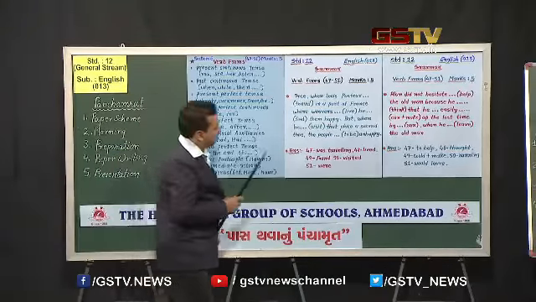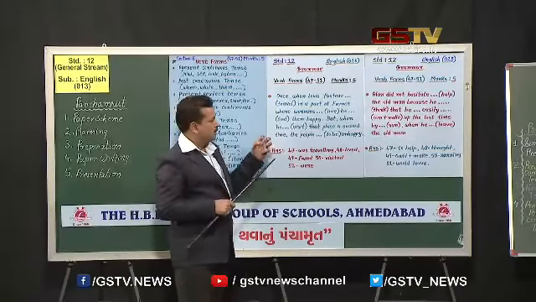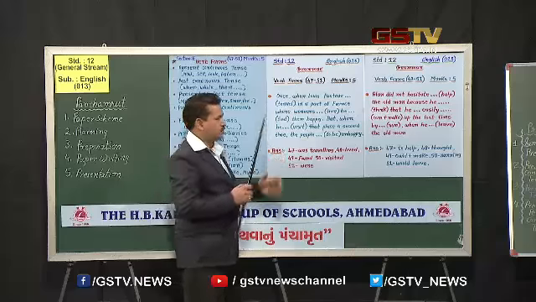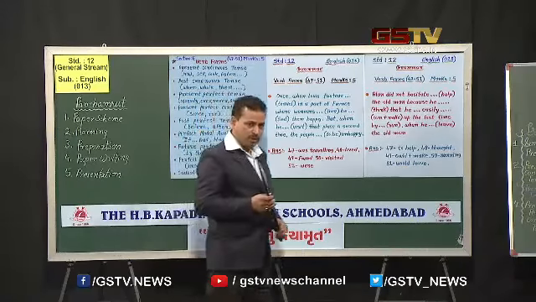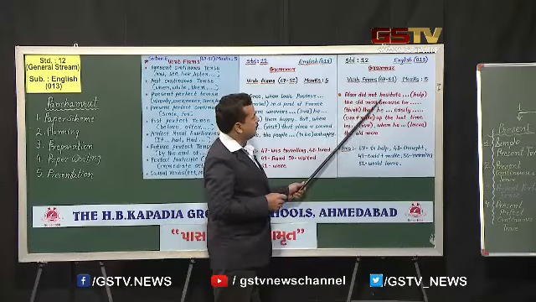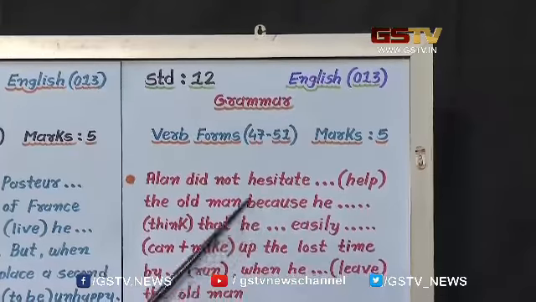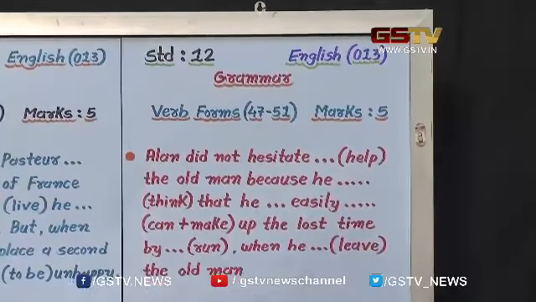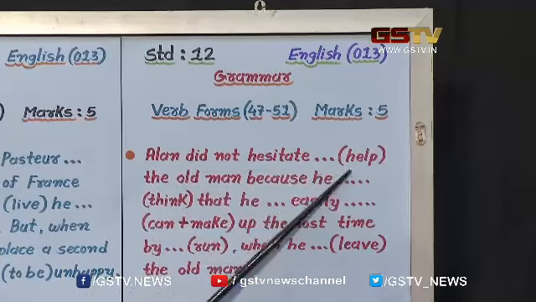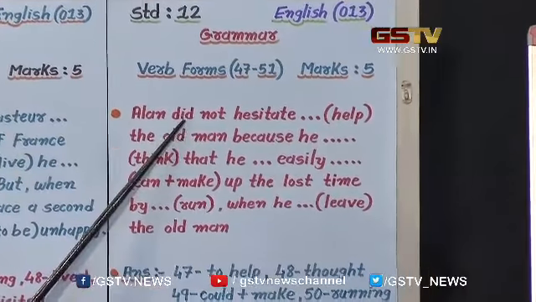Please understand the paragraph meaning, the applied meaning of that particular incident or anecdote. One more paragraph I would like to share, just please focus over here. Alan did not hesitate, infinitive. So, that is why the correct answer would be to help. Alan did not hesitate to help the old man because he, here is did, that is why it is in